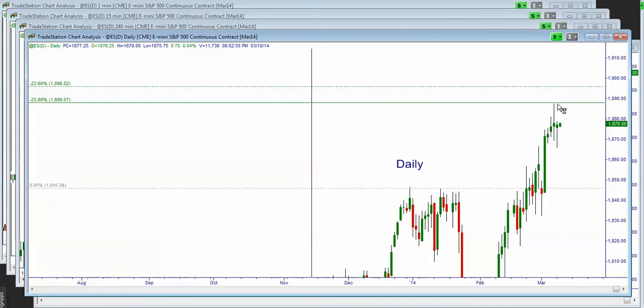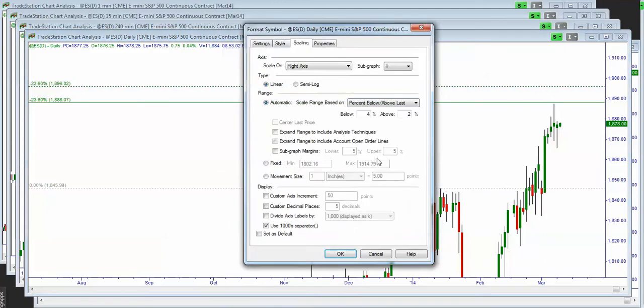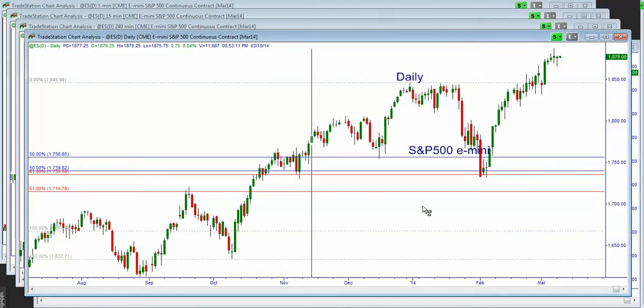So the market will eventually reach this area where it's going to see some profit taking, and if we get to 1896, then there's a possibility for a larger retracement. There is also a possibility for a continuation higher, because that would be only the first target of this